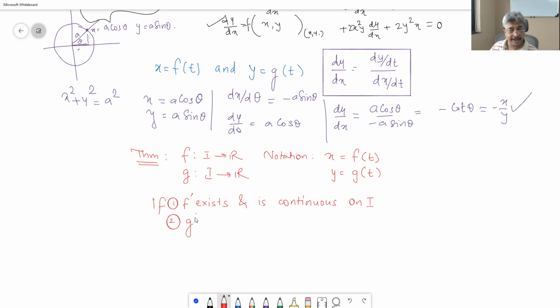Condition 2, if g dash exists and is continuous on I. Condition number 3, f dash of t is not equal to 0 for every t belonging to I, then